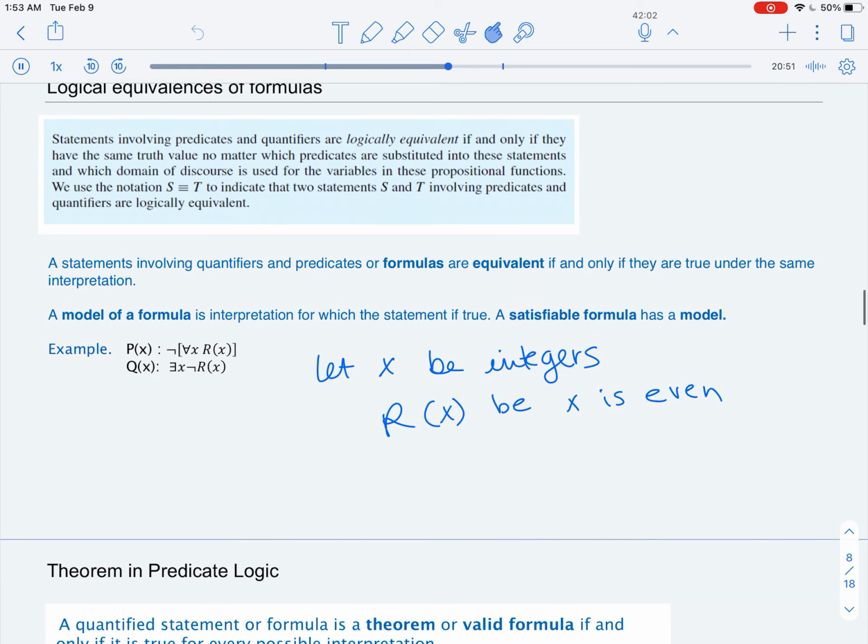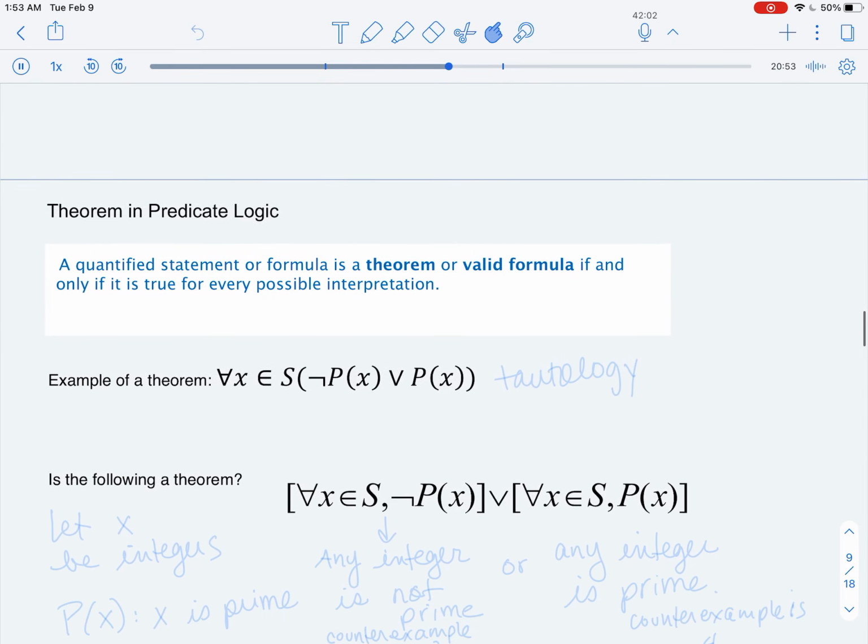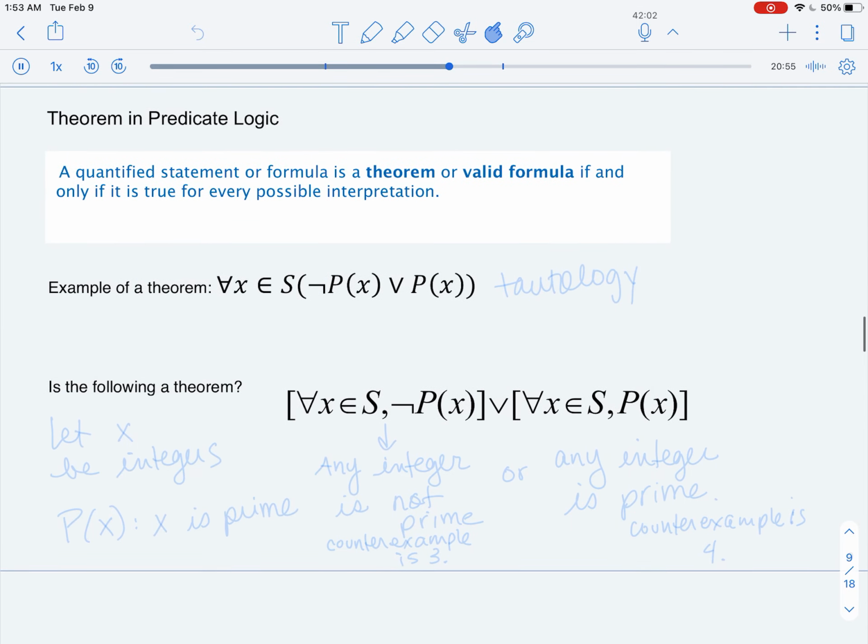Now, a theorem in predicate logic is a statement or a formula that is true for every possible interpretation. So we consider it a theorem or a valid formula if, and only if, it is true for every possible interpretation. An example of a formula is that for any x in some universe or set S,